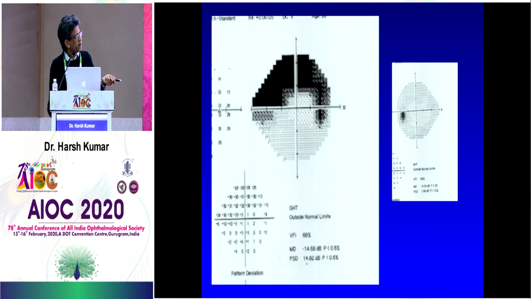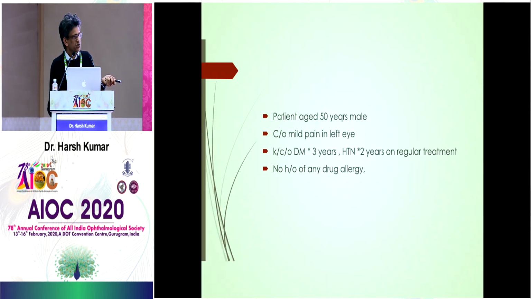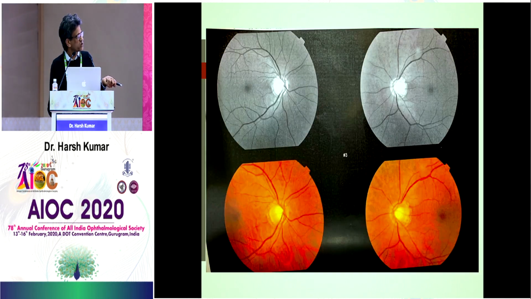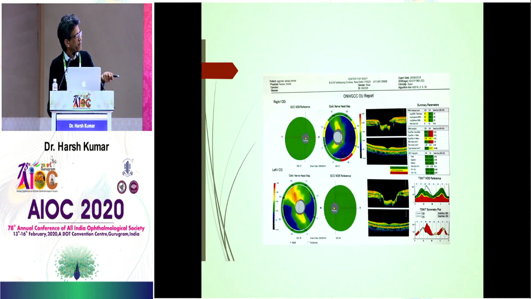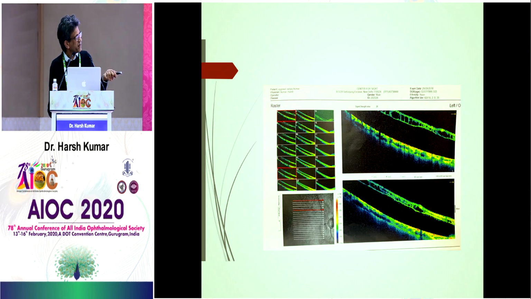Again the same thing, just to remind you that it has already been shown by Vinay also. The discs are pretty much normal, there is no wedge defect, but when we do the fields we find a defect like this, and Vinay had shown almost a similar field. So this is not a glaucomatous field defect, and when you really investigate you'll realize that there is a retinoschisis in the periphery. So it is basically a defect of the retina which may look like a field defect.